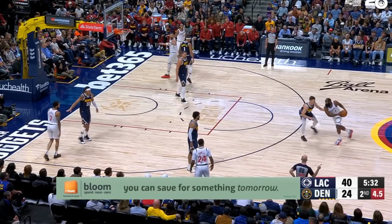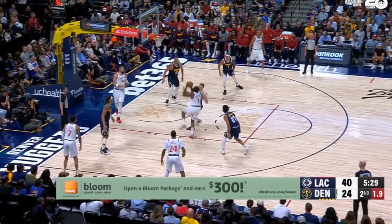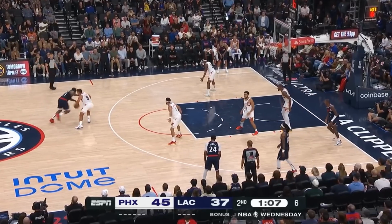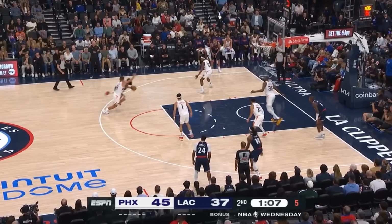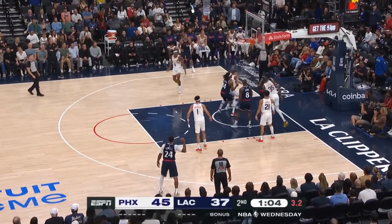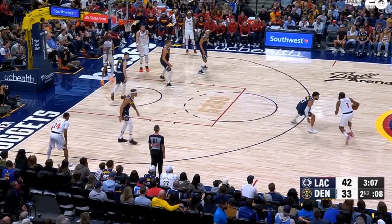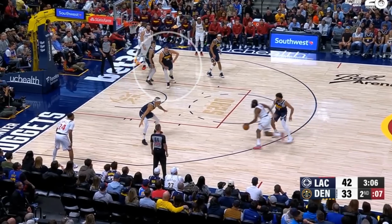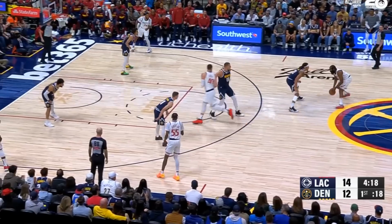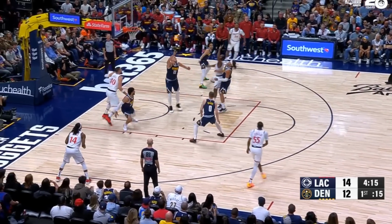He's nowhere near as explosive as he once was, so when he gets by a defender's hip, it's not uncommon to see them stay attached. And whenever he does get all the way around a defender, his rim finishing is basically non-existent as long as help is in proper position. However, that's not to say there hasn't been a lot to like. For one, if the help is even a fraction of a second late, he'll get to that soft touch floater. And if the help is a little bit too early, preparing for the floater, he'll turn it into a lob